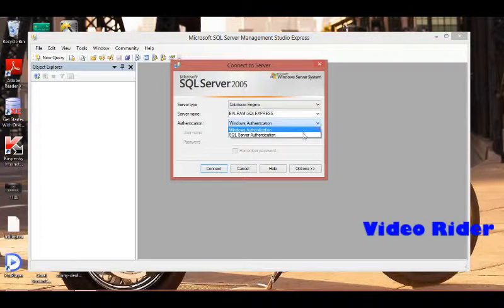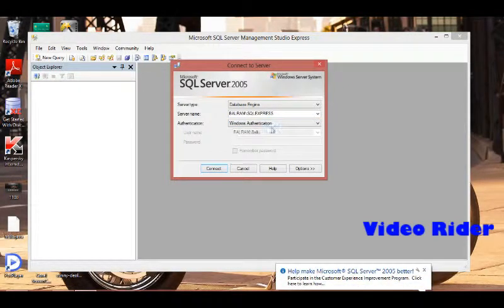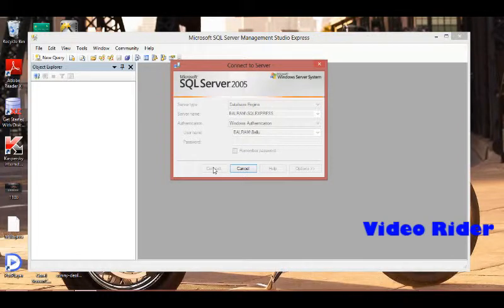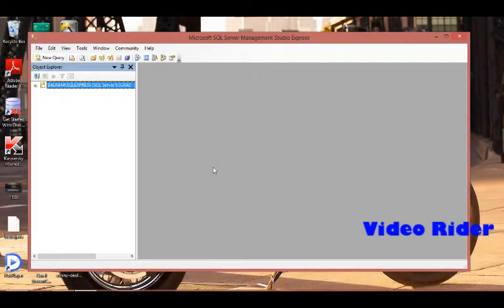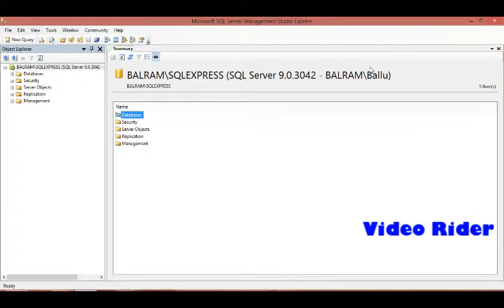And there are two options. One is SQL Server and the second is Windows. So I think when you work on a server, then you choose SQL Server authentication. Otherwise, if you're working on your own machine like your computer, then you choose Windows. And here the user, and you connect. Click on connect, and it is the process for connecting to the database. And now your SQL Server is ready to work.